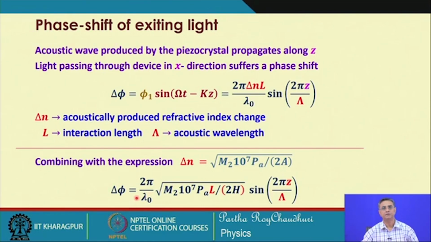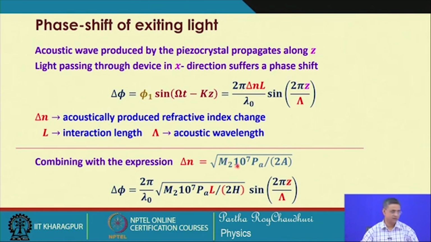Therefore, this delta phi will be given by this. Delta phi involves one more L in addition to this, so this is twice pi by lambda. Now, L goes upstairs and this becomes twice A. So, this is L into H and you have L outside. So, you get this. I express this quantity in terms of this delta n,